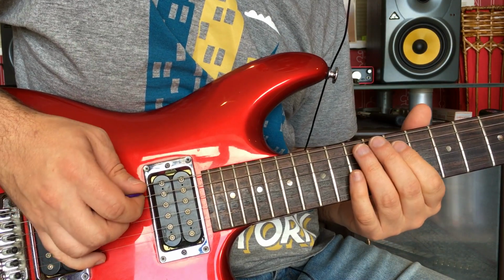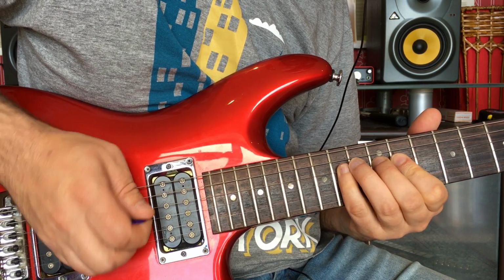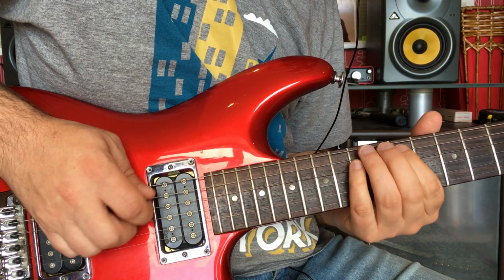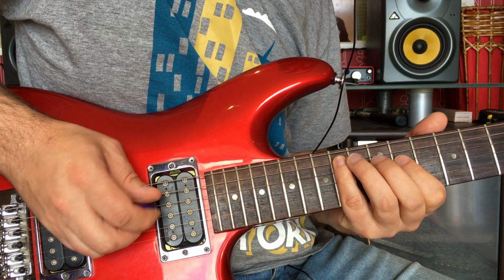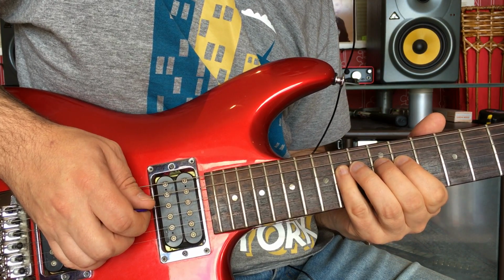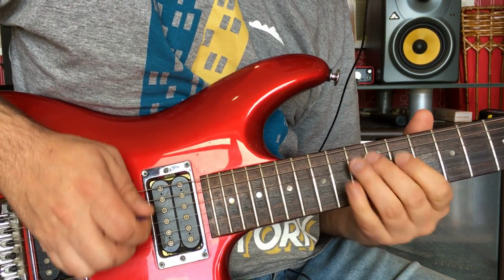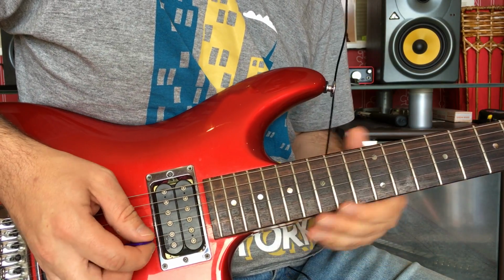So this is 11, 12, 14. Same on the D. And then you're going to pull off 14, 12, 11. 14 on the A. 11, 12, 14 on the D. Finishing on that 11 there. That's that phrase. So let me go back a bit. If I go back from...